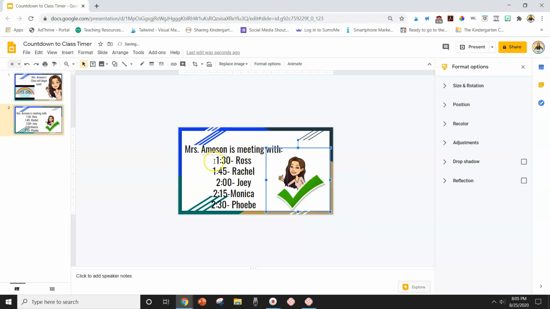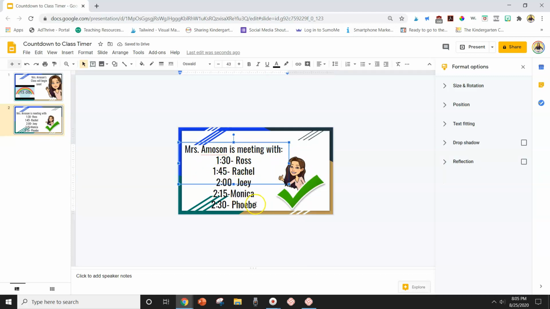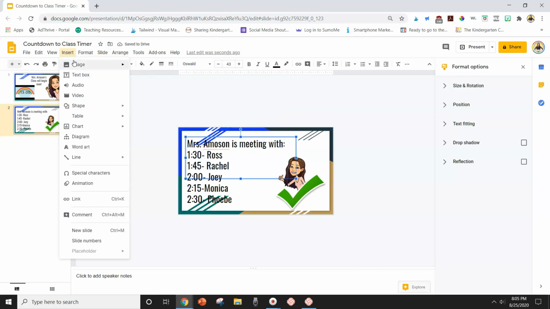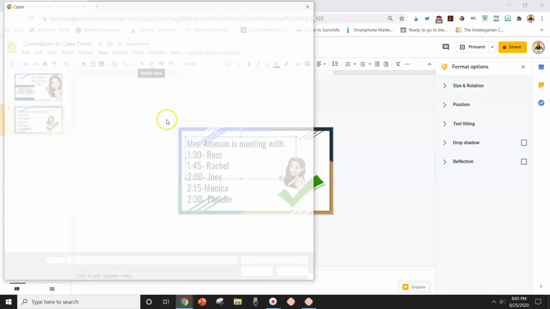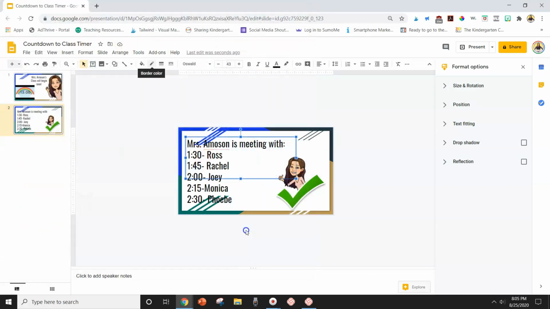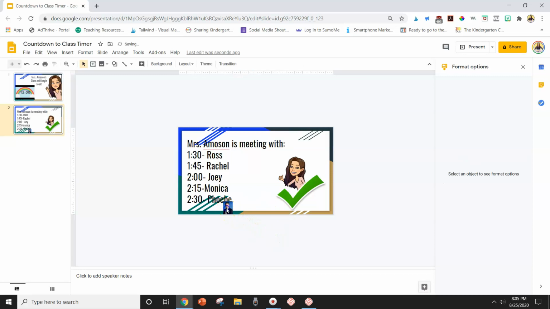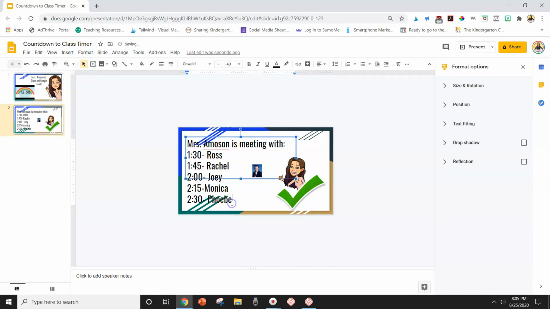And because I want to make this super easy for my kids, I have a class picture of them that I use for a lot of stuff. So all I do is I go over here to insert image and I grab their actual pictures that I would use in the classroom. Now you guys know I never show you my actual students. So, and of course I picked the one I didn't have on there. Hey Chandler Bing, you will be my